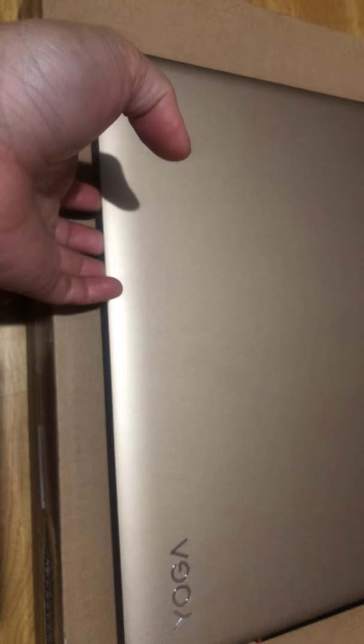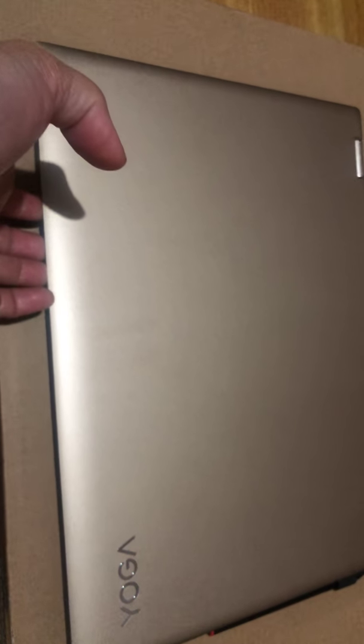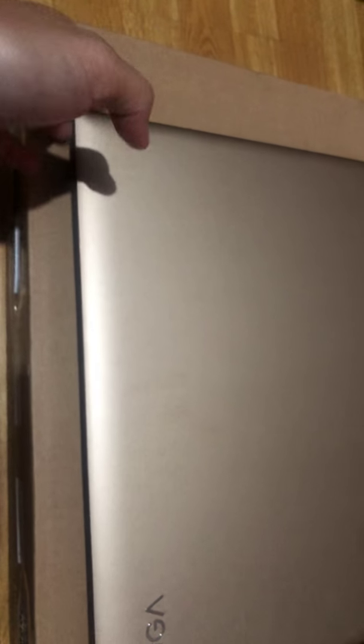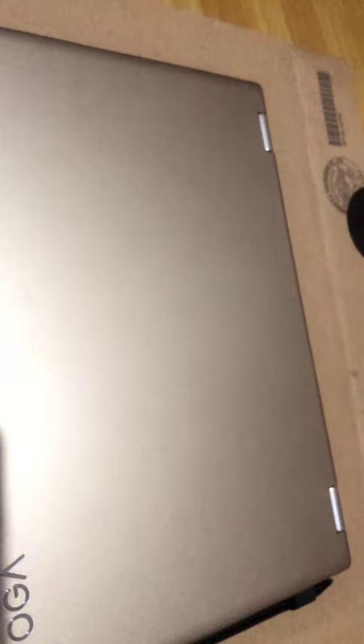So we bought a Lenovo Yoga 520 with an i7 processor, 128 SSD hard drive, and then 1 terabyte hard drive. I was charging it because I just bought it a few hours ago last night. I unplugged the cord because it's fully charged, and then when I open it, there's a crack sound, and look